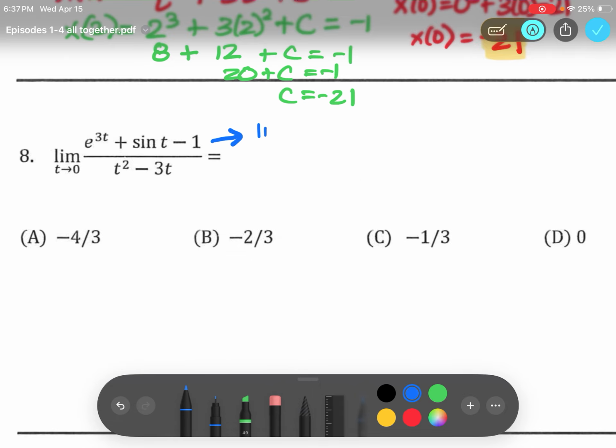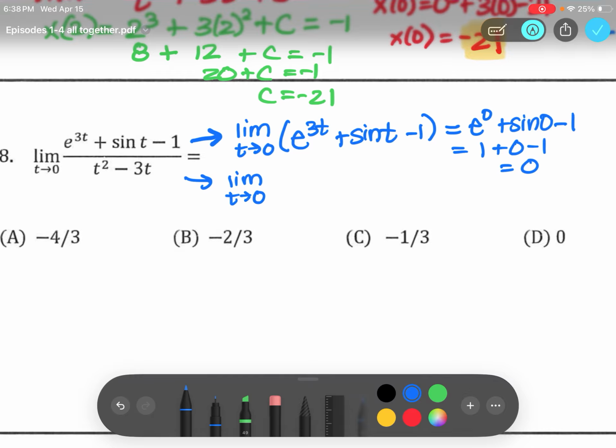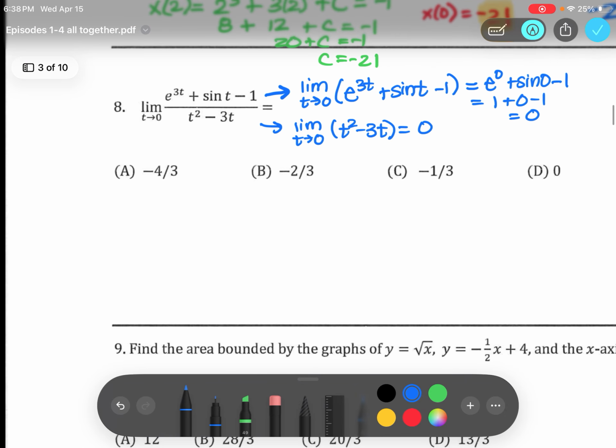Okay, for good notation, I need to write down that I'm taking the limit of just the numerator. So I write it like this. I just recopy the numerator, and then I sub 0 in. So e to the 0, sine of 0, minus 1, and I show that that equals 0. And then I do the same thing on the denominator. I find the limit as t approaches 0 of my denominator. If I sub 0 in, I get 0. So if you show that you get 0 on the numerator, 0 on the bottom, we get to use L'Hopital's